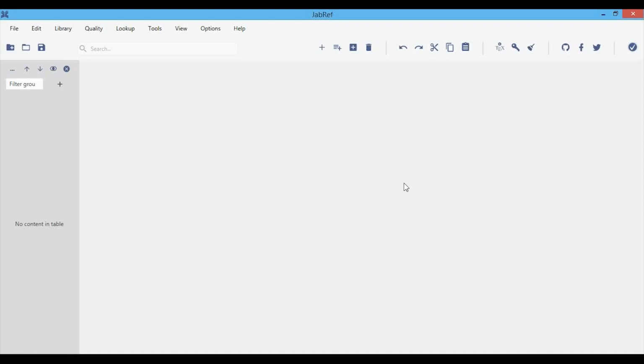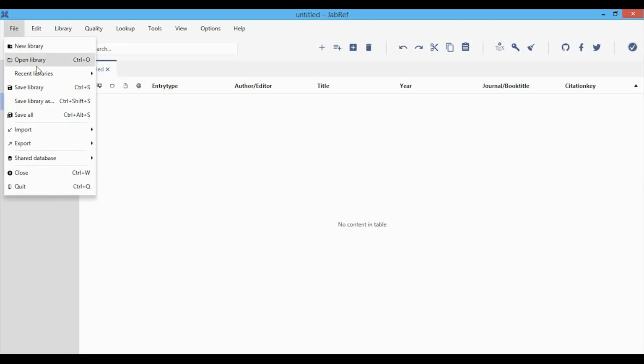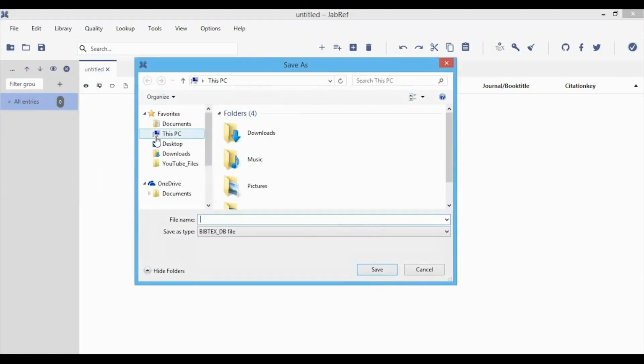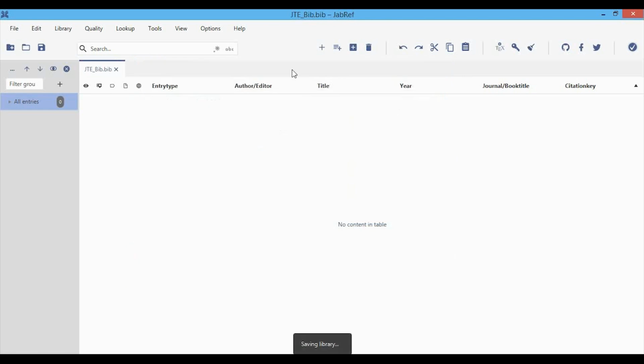Now we need to create a new library, so we'll go to File, New Library, and it'll bring this up. And it's untitled by default, so let's save it and give it a name. So File, Save Library As, and we'll call this JTE_bib, save, and you can see it's called JTE_bib, and it's